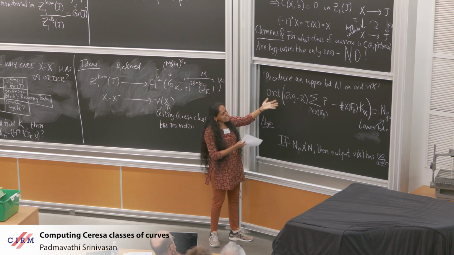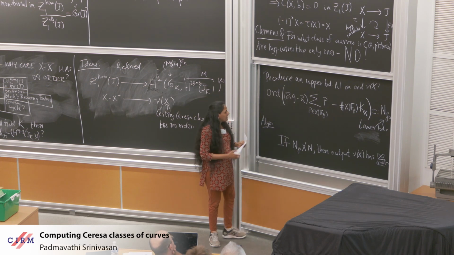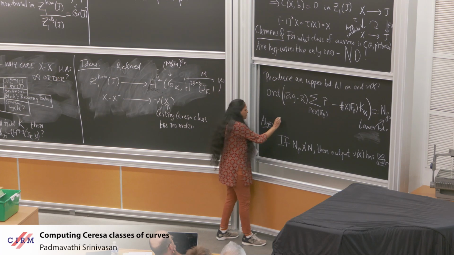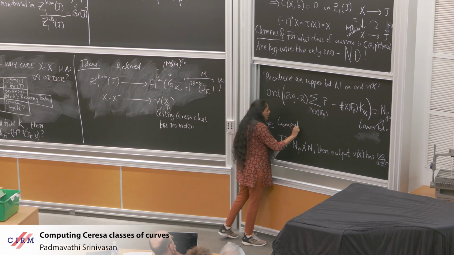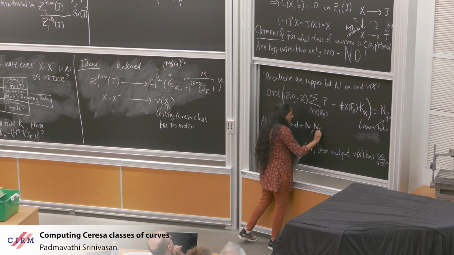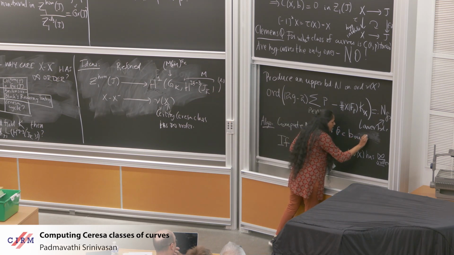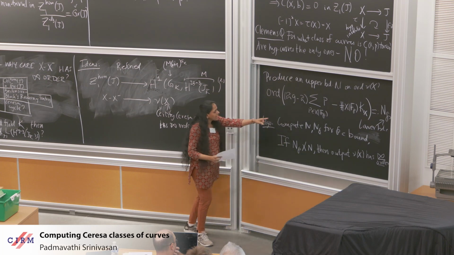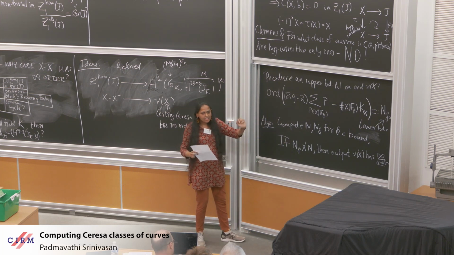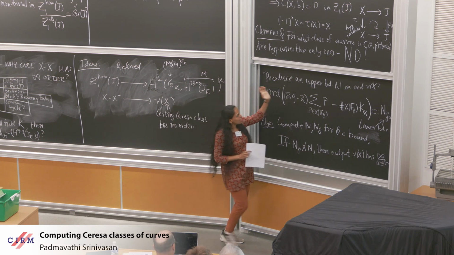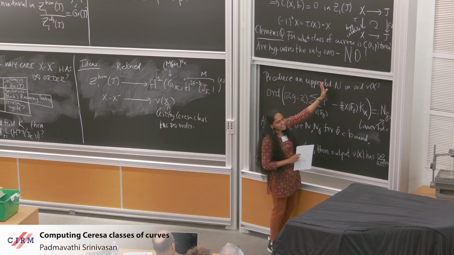And you can ask, is it non-trivial? What's its order? The algorithm just says, compute this upper bound n and these n sub p's for all p less than some chosen bound. If you find even one n sub p that does not divide n, then you know the Ceresa cycle has infinite order. If the Ceresa cycle has torsion, its torsion order has to divide this n,